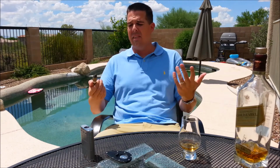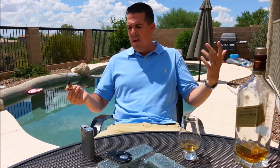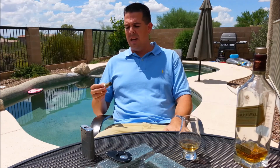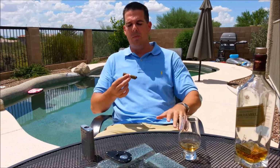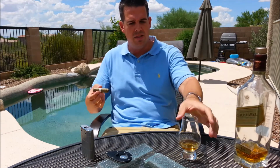The burn's been great. I haven't had to correct it. I have no complaints, and I would buy more of these. But I'll give you that talk when I wrap this up, so we'll wait for my final thoughts. Like I said, I'm pairing it with this Johnnie Walker Gold Label,